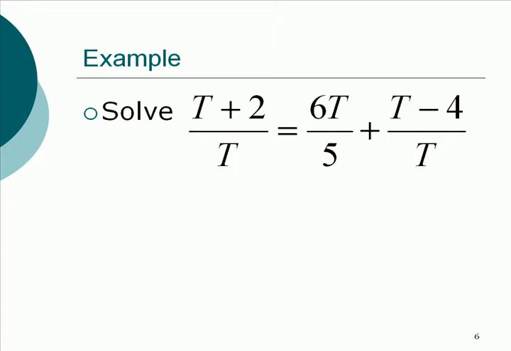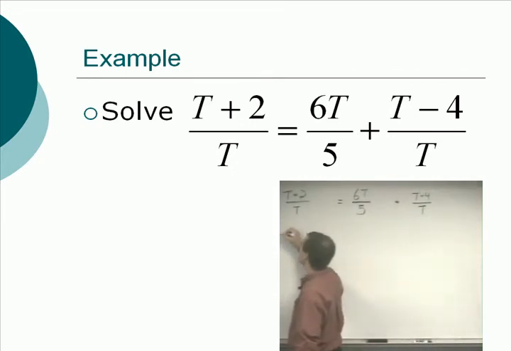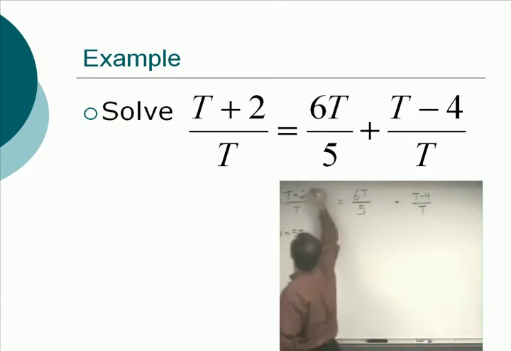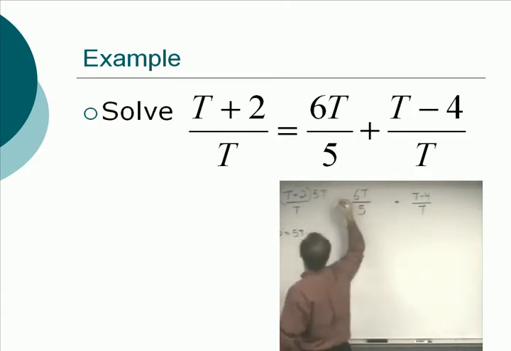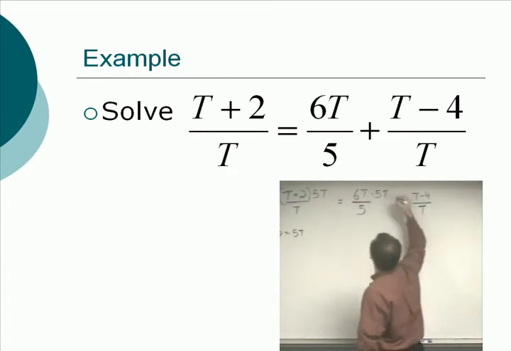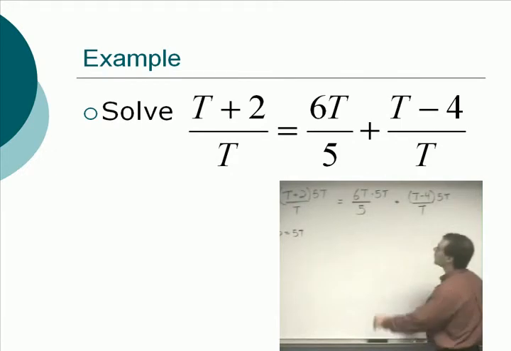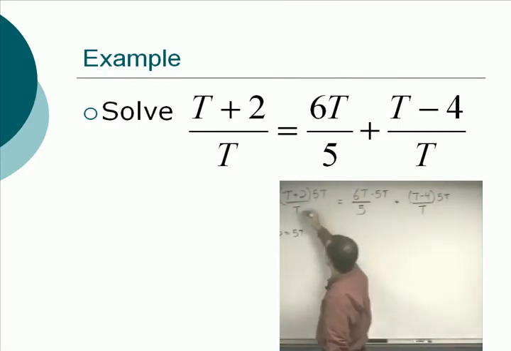Okay. Well, nothing new. We just haven't seen it for a few days. You got a fractional equation. What's the first thing you need to decide on? You got to decide on a common denominator. What is your LCD here? 5t. So we're going to multiply every term by 5t. That'll clear off our fractions. Okay, the first term, the t's cancel, and we're left with